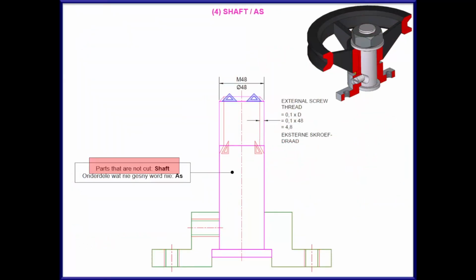The next part that we will add to our assembly is the shaft. Take note that the shaft is a part that will not be sectioned, as this means, as a rule, there won't be any hatching on the shaft because there is no internal detail. If we do have internal detail on the shaft, as we will see in this question, we will do part hatching to show the detail on the shaft. We will discuss in detail at a later stage how the hatching will look on the shaft.